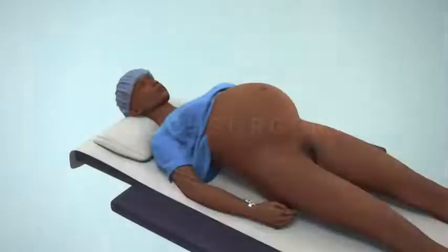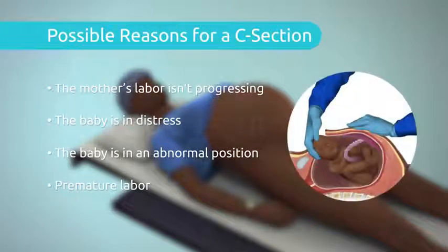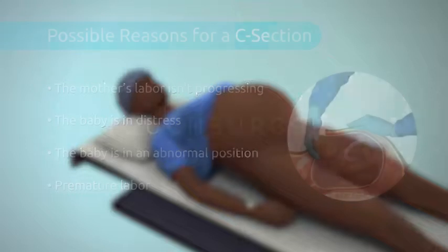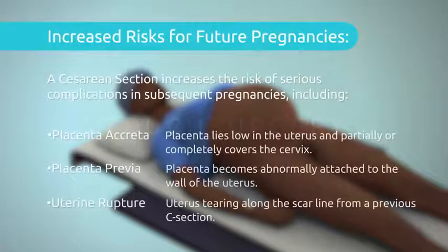Sometimes it may be necessary to perform this procedure due to complications during a pregnancy or labor, but mothers may also choose to have a planned cesarean section, known as an elective surgery. It is important to consider the implications having a cesarean section can have on future pregnancies before choosing to have